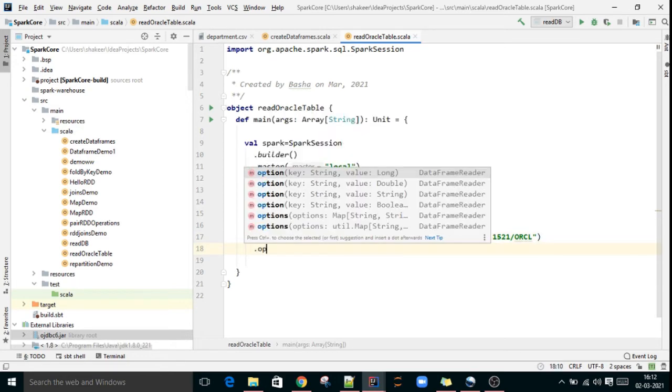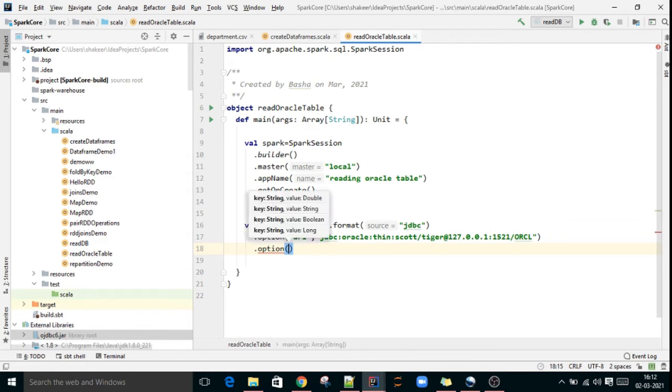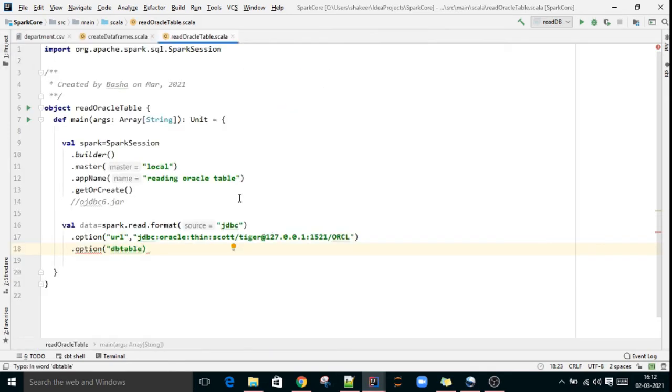Then the next option we have to mention is dbtable, which table you want to connect to. Here we have to give the table name.